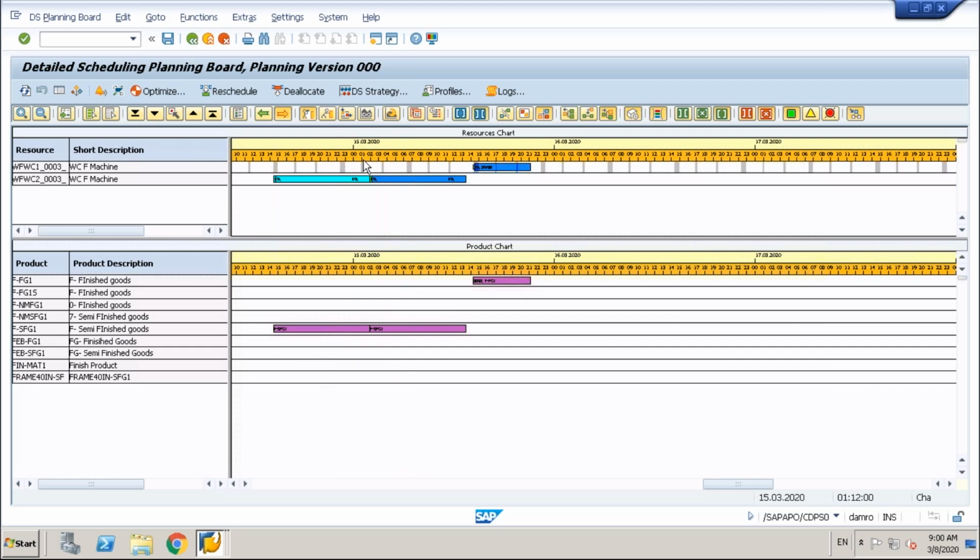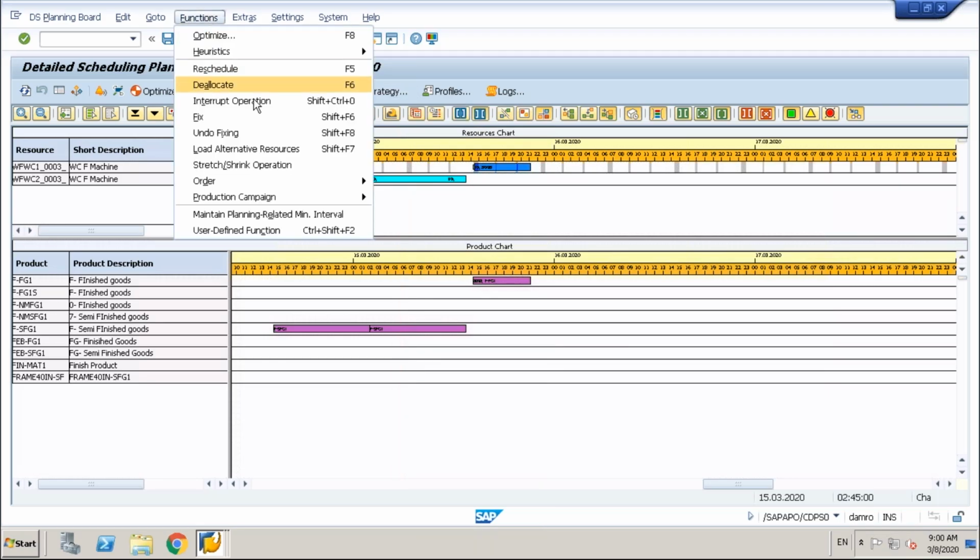Okay, and sometimes you don't want actually to split by quantity. You want to split by time. See this one, it's on 15th of March, starts around 2 o'clock, ends around 1 o'clock. Yeah, so you want a separate order. You want to split it not by quantity, by time, say around 7 o'clock. Okay, so for that one,